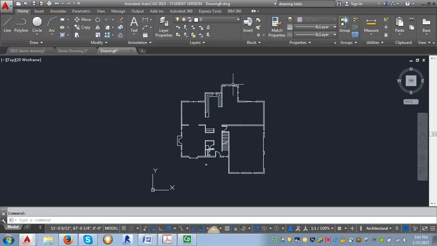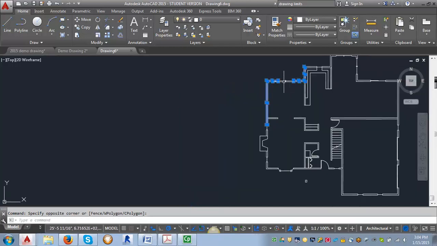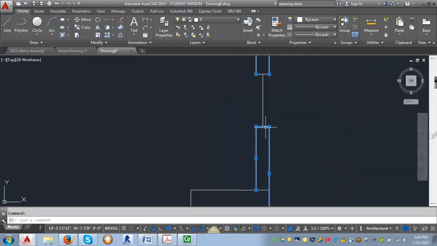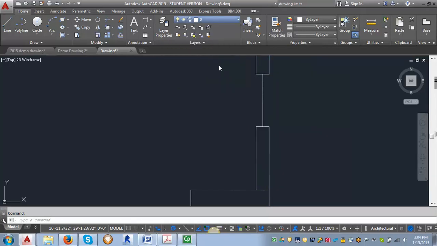Everything right now is drawn on layer 0, and how do I move it to the correct layer? So let's start by selecting the walls here, and you can select a bunch of things at one time. And I know all of these walls are going to go on the A wall exterior layer. So I'm just going to select a few. Now again, in AutoCAD there's always multiple ways to do things. So you can either go up here to the pull down and find the layer that you want it to be,